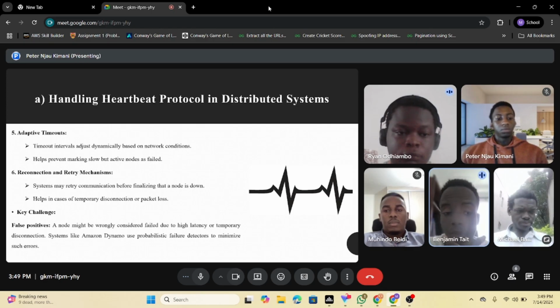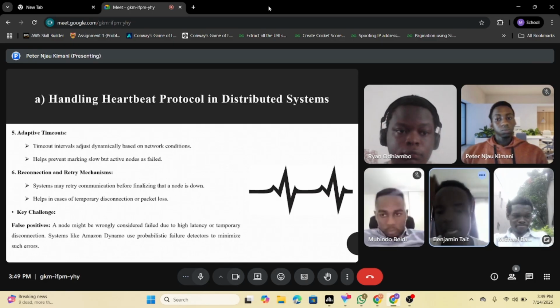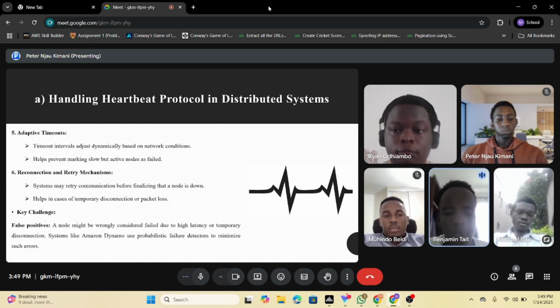So the key challenge is false positives. Because of these other factors that keep on changing, like the network, we can have nodes that are considered to have failed, but in the real sense they are still working. So we can ensure that these nodes are also